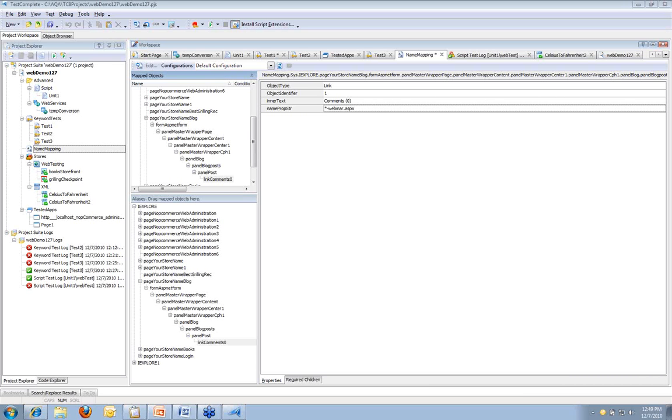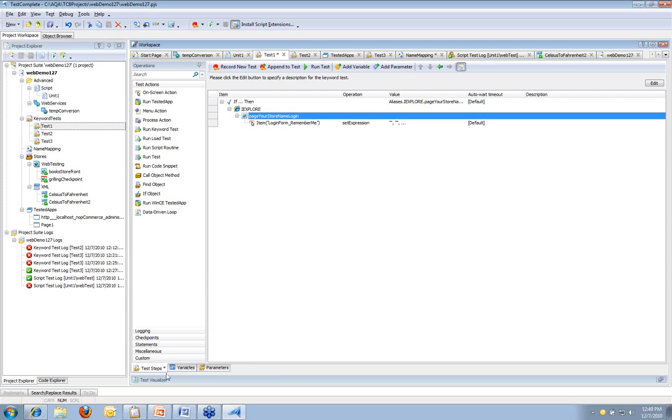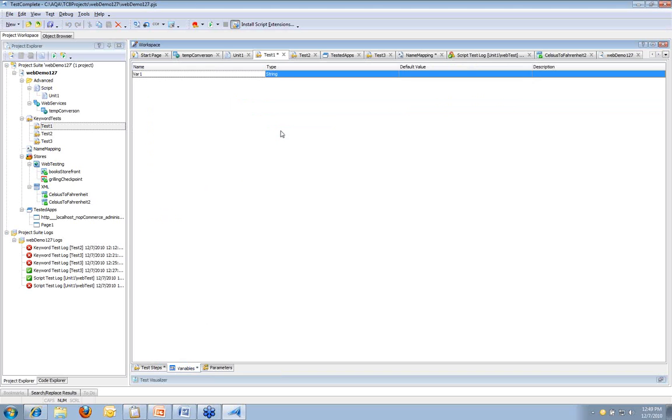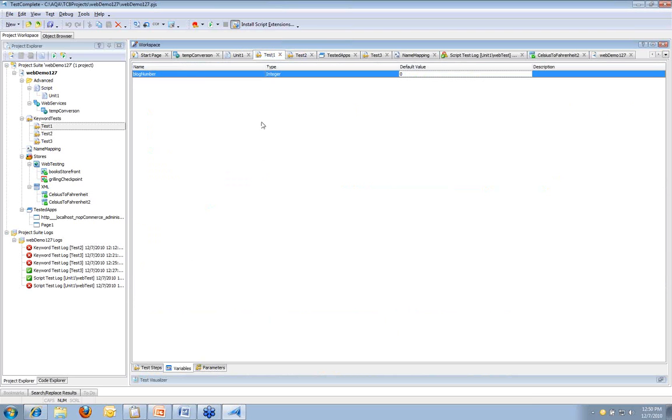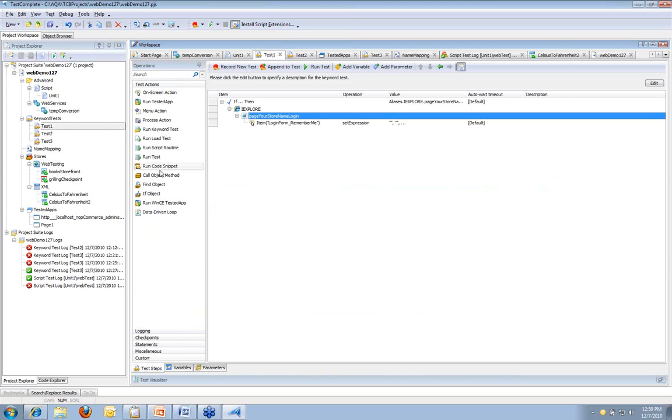I'm trying to think if I can illustrate that really fast. I think the best way to do that is you're going to create a variable inside your test, and that variable would be, say, blog number, and you'd start it out as an integer, and maybe the default value would be 0. Okay, great. And then what you'd want to do is verify that this number plus 1 is what was shown inside the test. So we build a little bit of logic again into the test case, which would be something to the effect of if